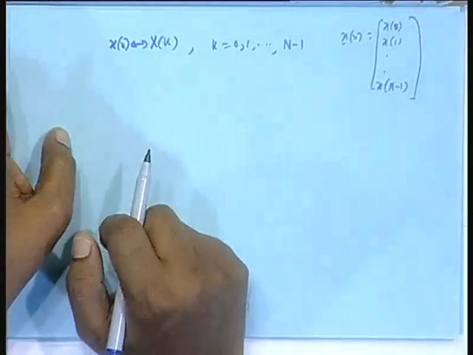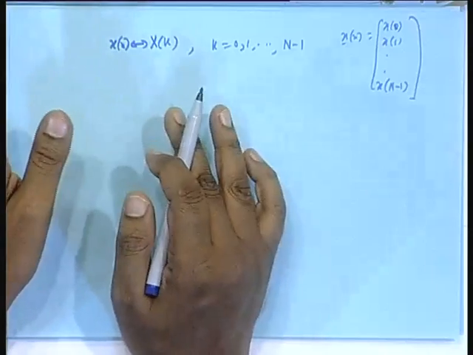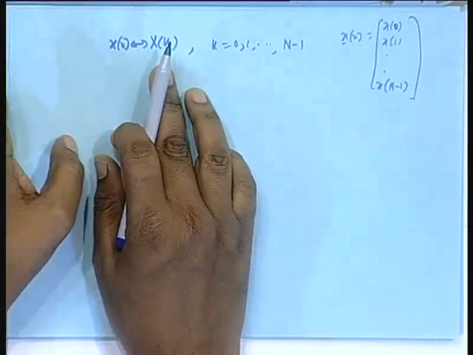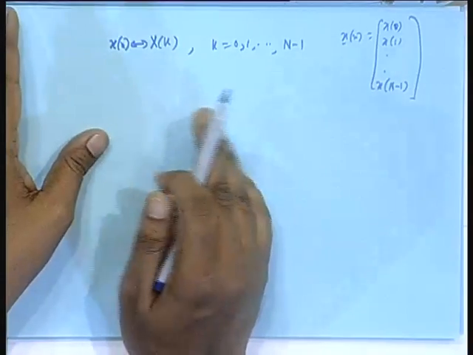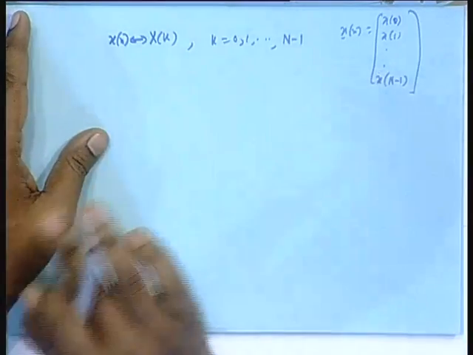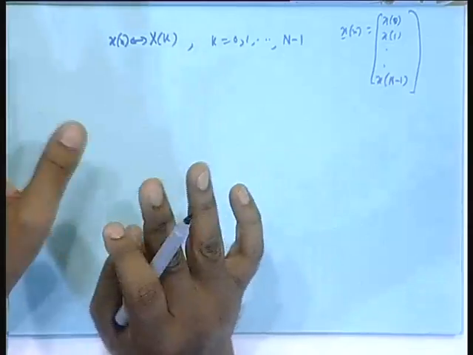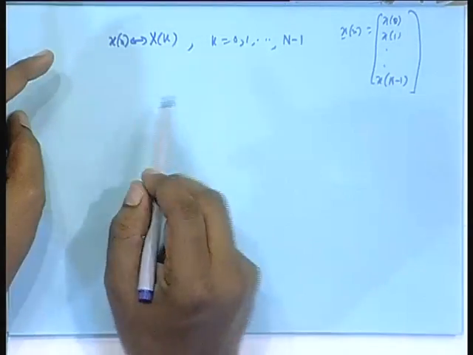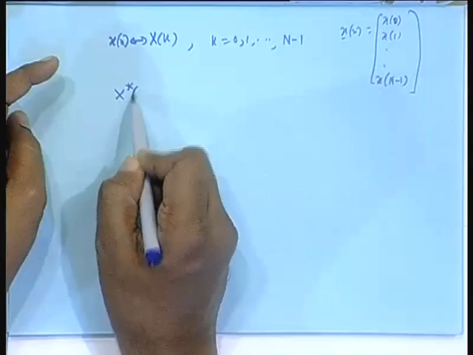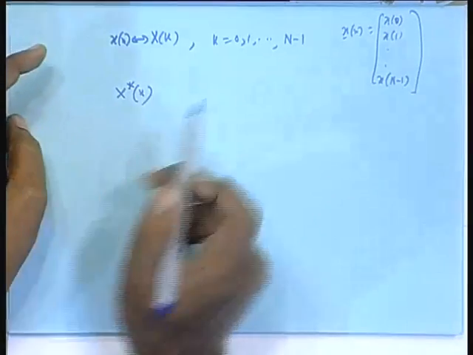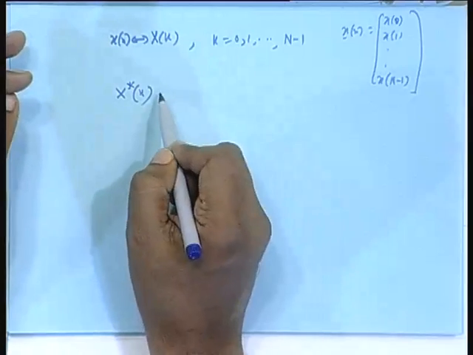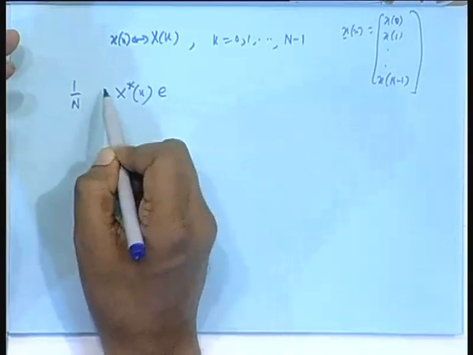You are taking the DFT. Now, I tell you, look, I want to play around with these coefficients. I will take a conjugate of them and then take inverse DFT. I will get another sequence. How is that sequence related to x n? Suppose I take X star k and I take IDFT of that, then what will I get? So, fine, I take IDFT formula I know.